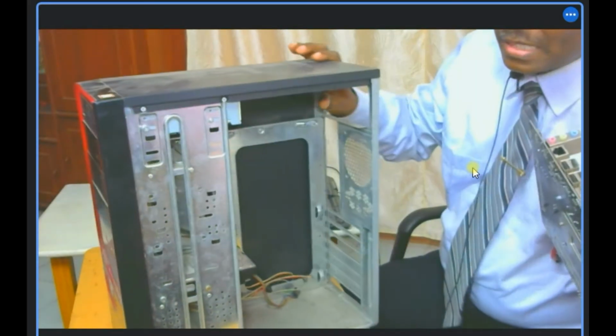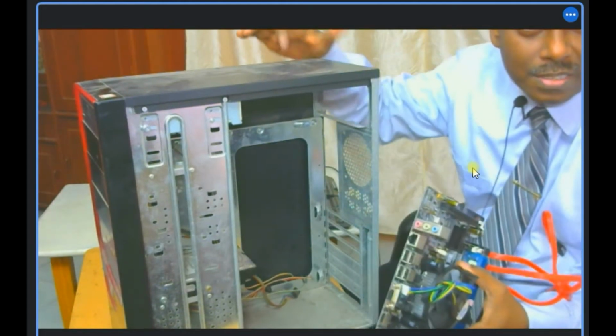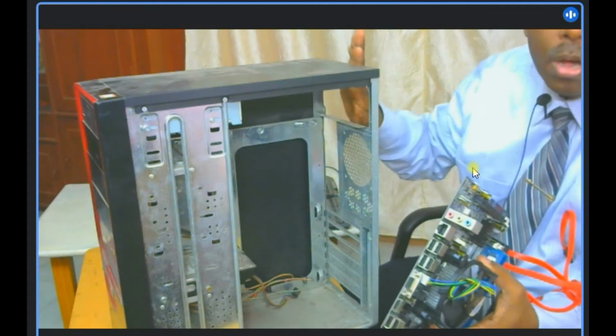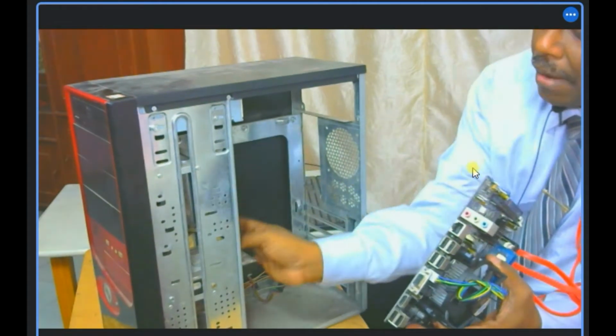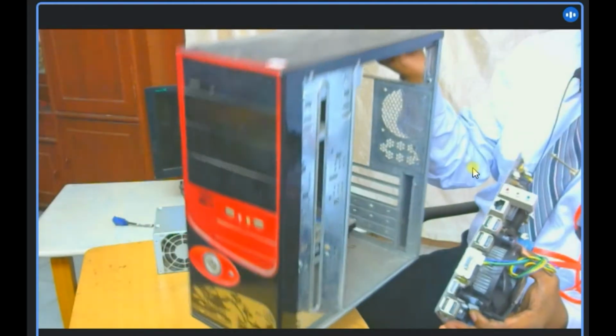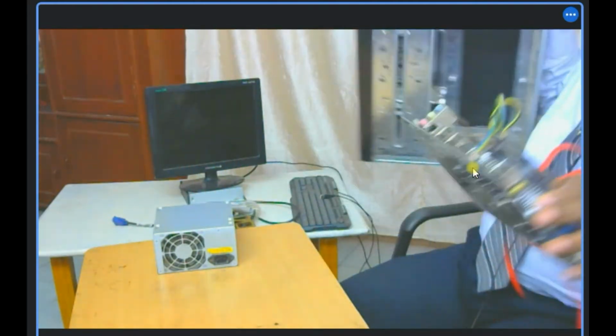This is called the computer chassis, which holds all your things. Already I will insert one by one into this particular one. But before that, I'm keeping this chassis aside. Only this part is there.